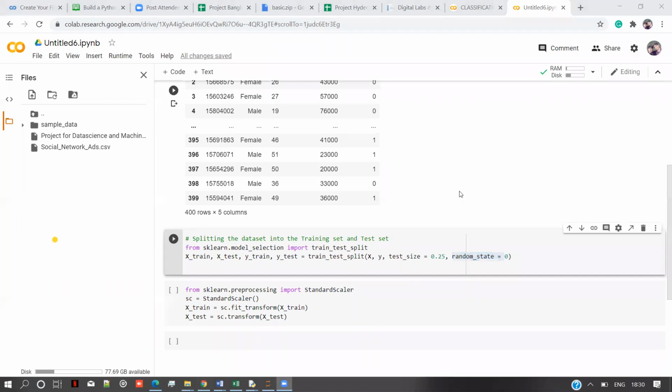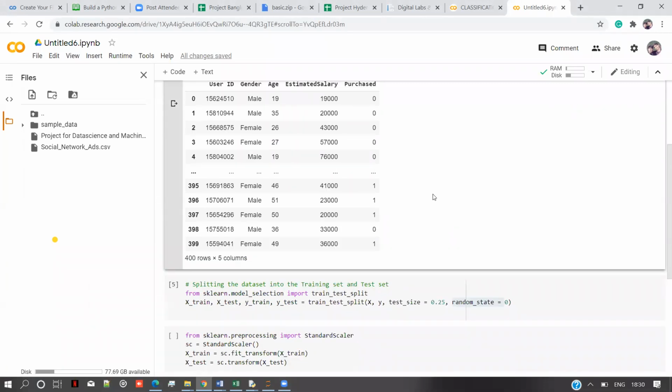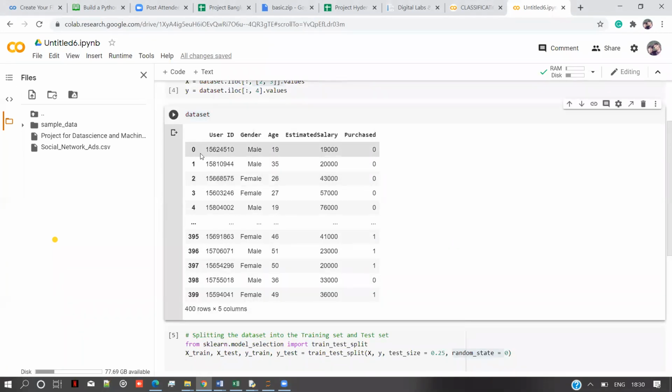If you use the same number that I use in your compiler, both my and your compiler will divide the train and test set in the same way. Means the compiler will divide train and test sets in a way. Suppose it will pick randomly 100 rows and put them in the test set.